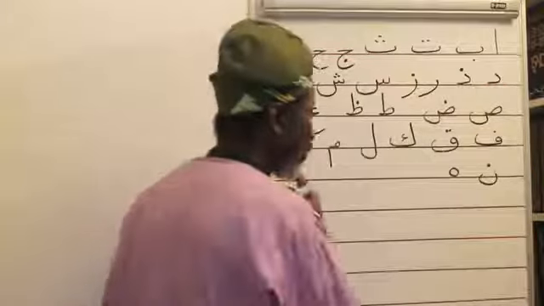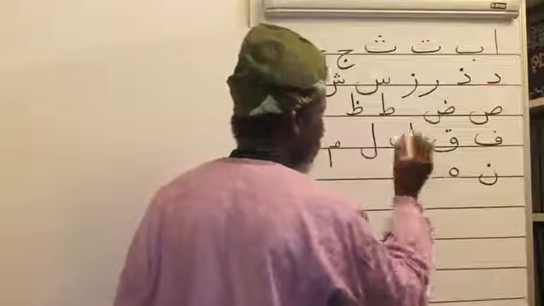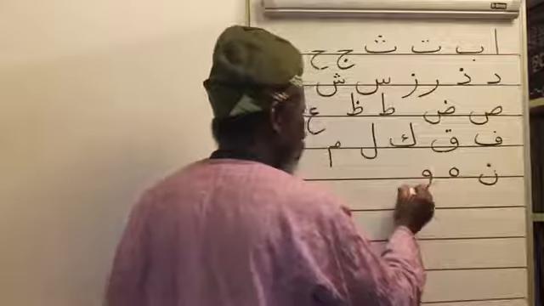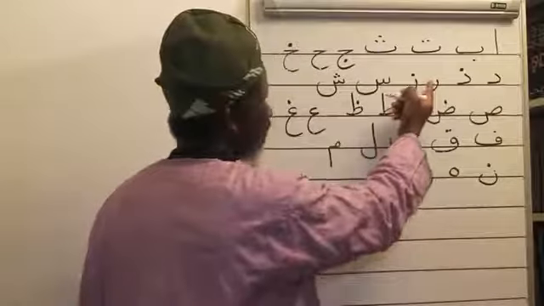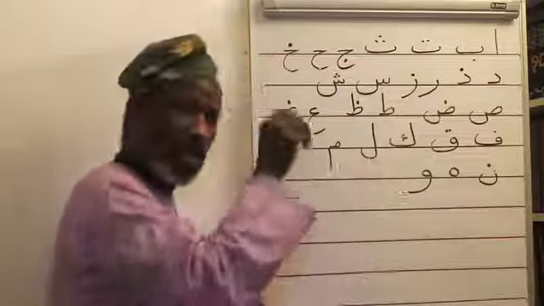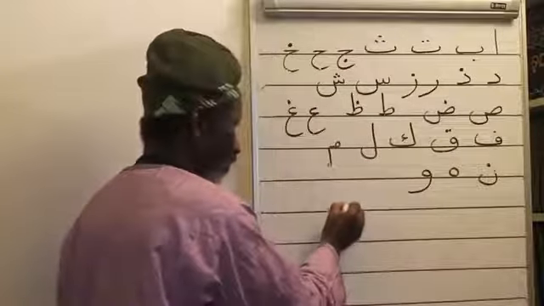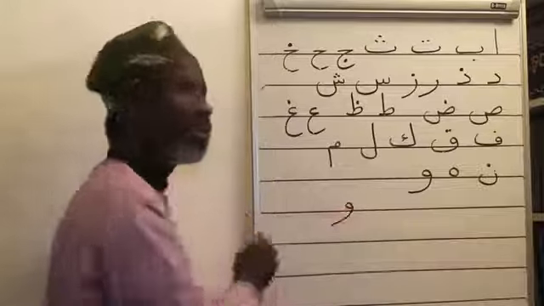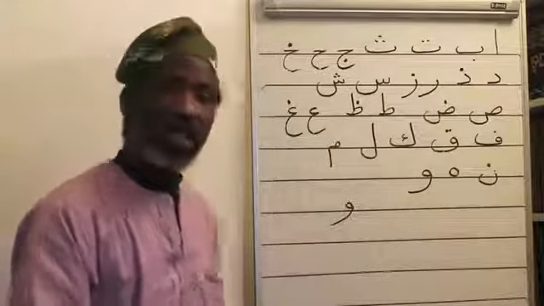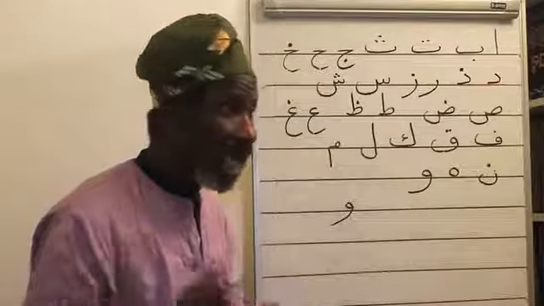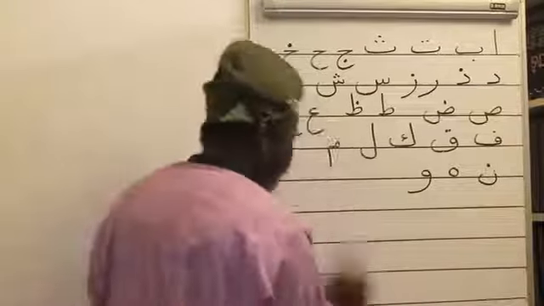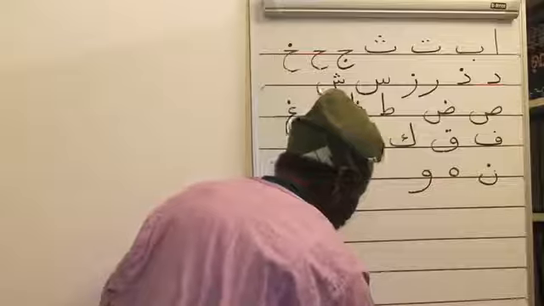Now, the next letter, also single, is waw. Imagine this one: it's like a ra and zain having a head. You go clockwise this way, and then just drop it. And that's your waw. As if you have nearly finished your letters. So, waw, we have nearly finished. And the last letter in the alphabet,